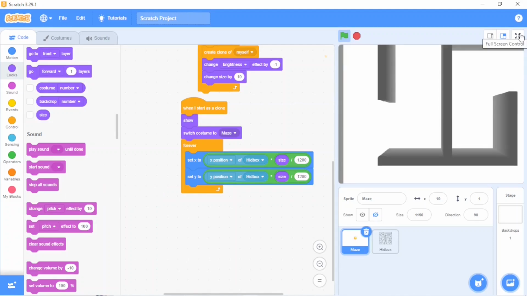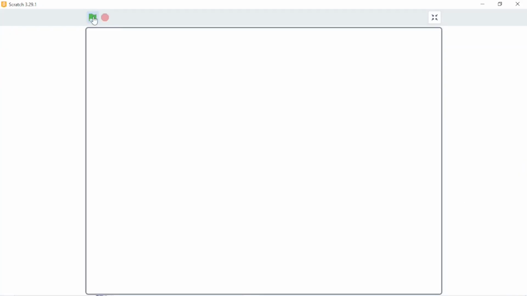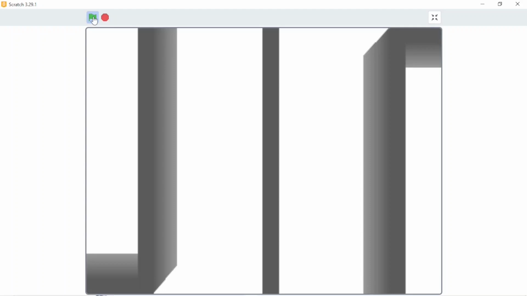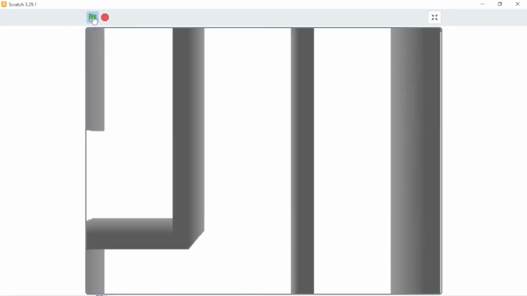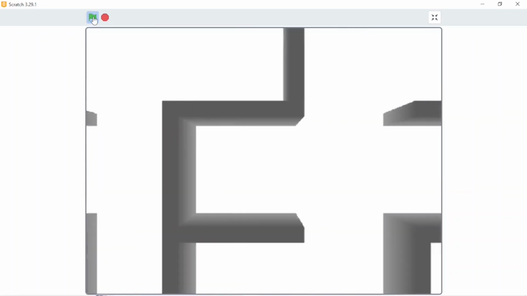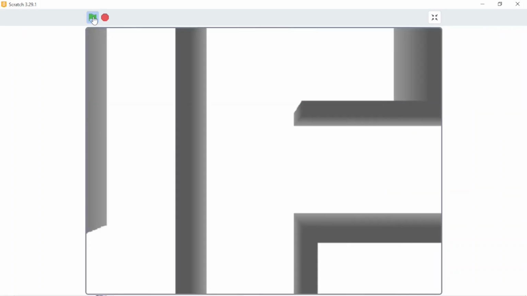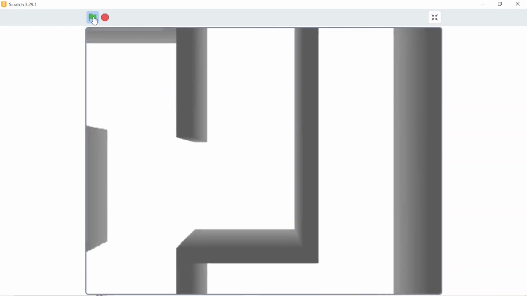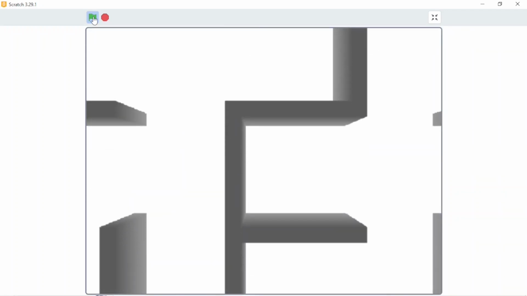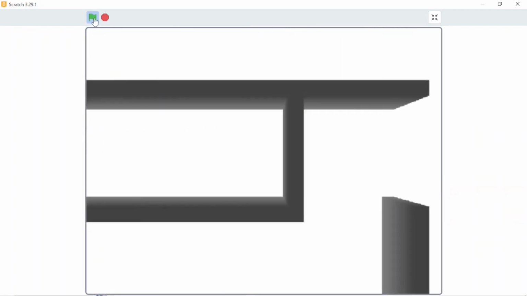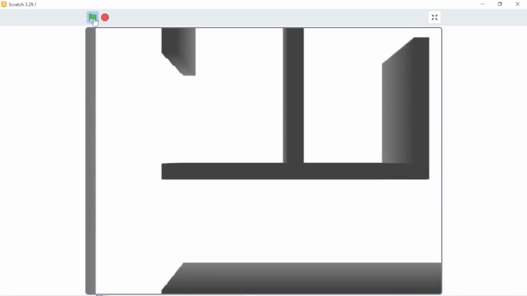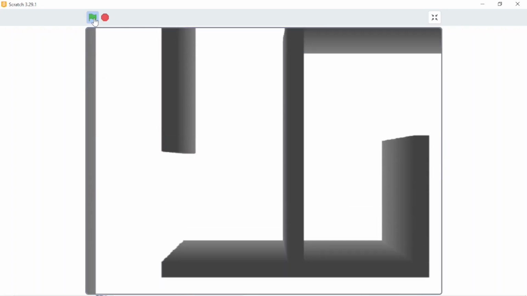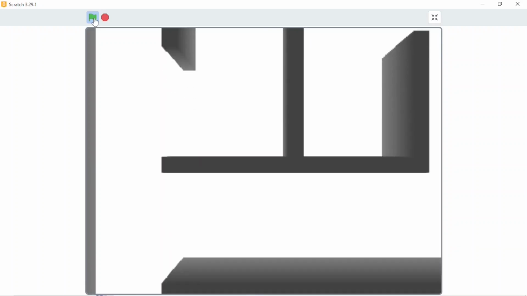It's done. I'll just show on the big screen. I just click on the green flag. Oh wow. Now see how the wall is moving more lively. You can easily move your sprite in between 3D walls and see the 3D effect, right? It looks like a 3D wall. See, it gets moved upside down, like see here. You can see the floor, but when you move it looks like a plain black line.